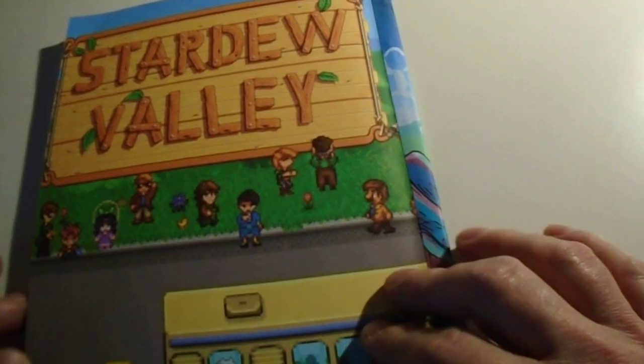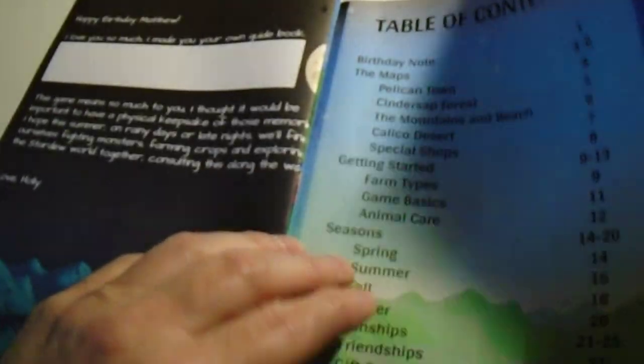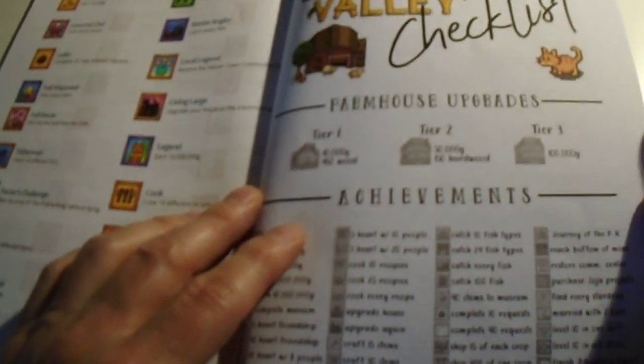So I printed this on 160 grams. Then I made some mistakes and had to do it again because I didn't plan properly for this solution. And I fold it over, and then I use the 160 grams per square meter, as you can hear it. And I also used 160 grams for the checklist. So the reason for this checklist is